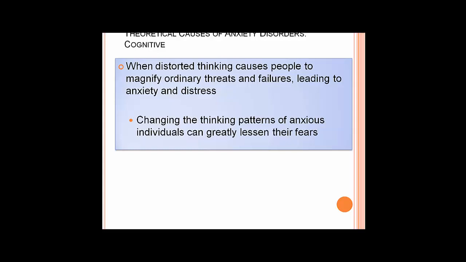But we can maintain that level of anxiety through what we call operant conditioning. How do we do that? By avoiding every place where we're going to get a loud horn. So the anxiety is initiated through conditioned learning. However, we operantly can maintain it through what we call negative reinforcement.